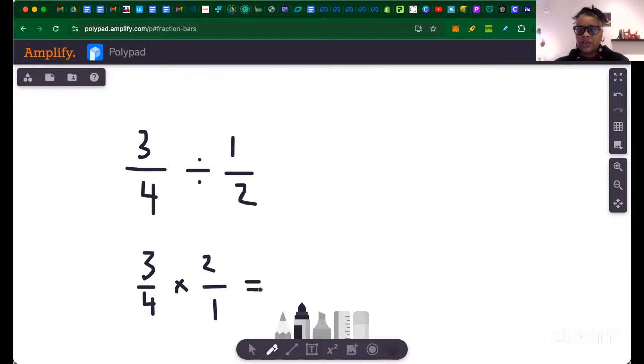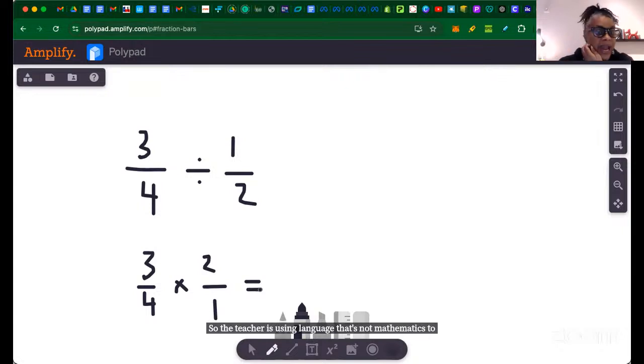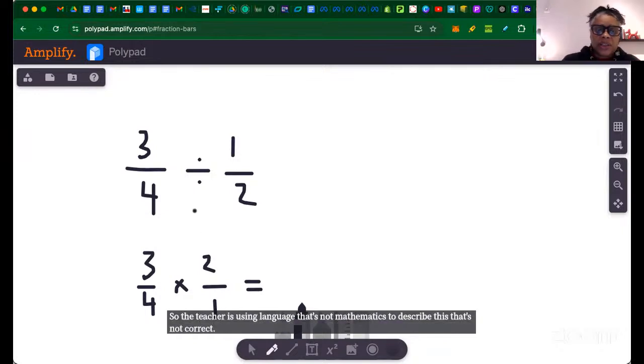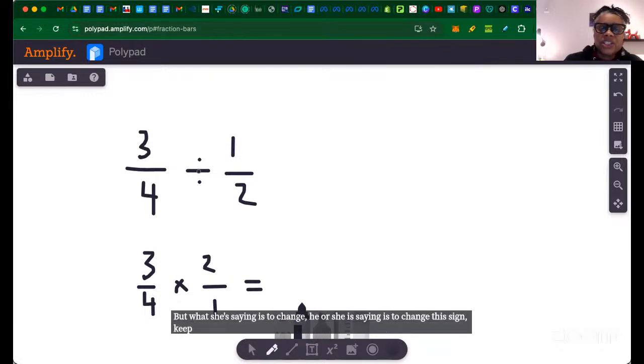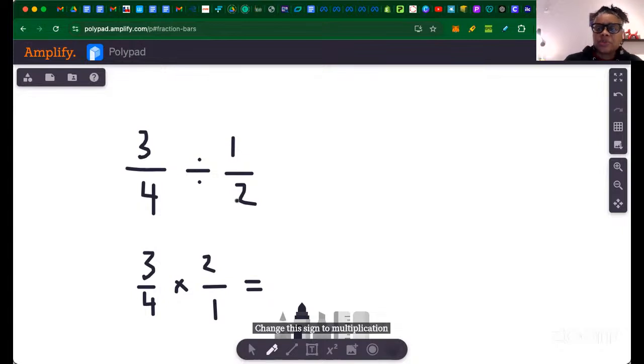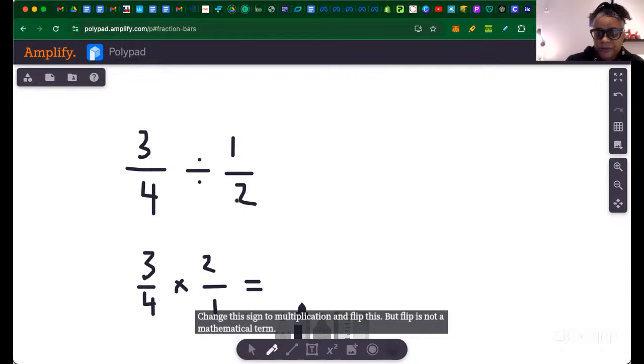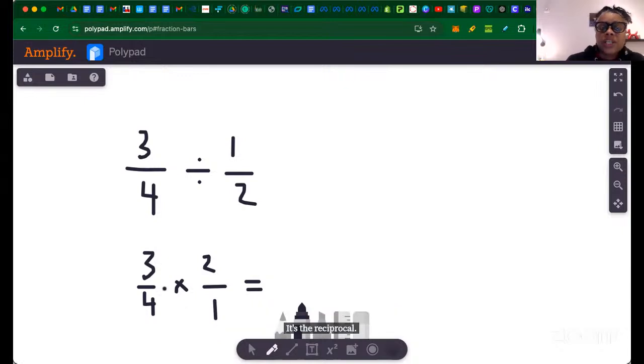So the teacher is using language that's not mathematics to describe this. That's not correct. But what he or she is saying is to keep the first fraction, change this sign to multiplication, and flip this. But flip is not a mathematical term, it's the reciprocal. Now, once you have that,